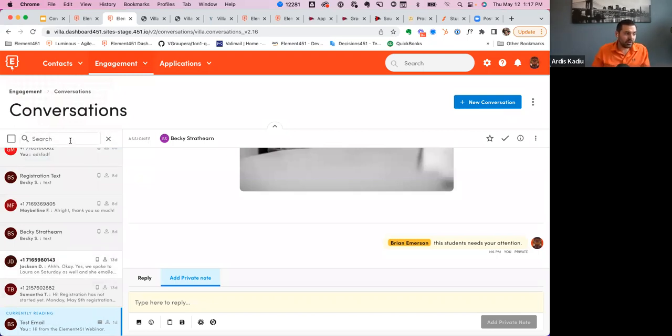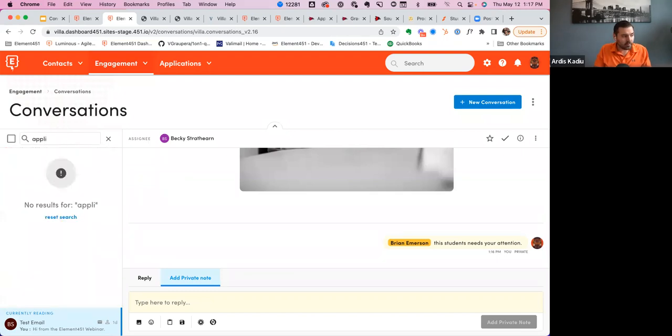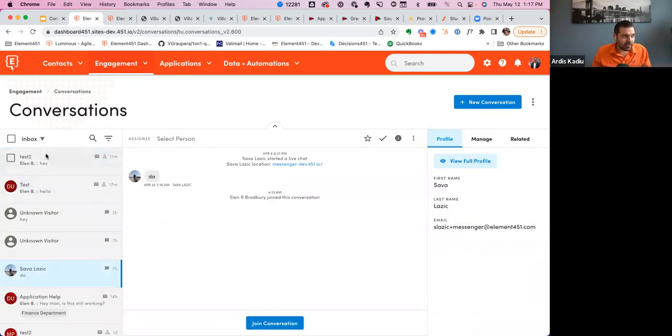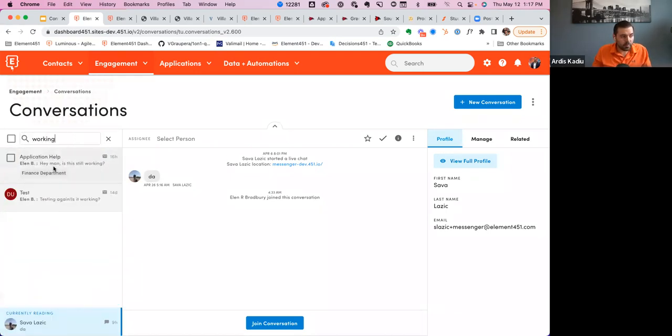We've added the ability to add search, and we don't have the search on our sandbox environment, but I wanted to show you that in our development environment in here. So now we have the ability to search not only within the titles, but also within the different parts of that conversation.